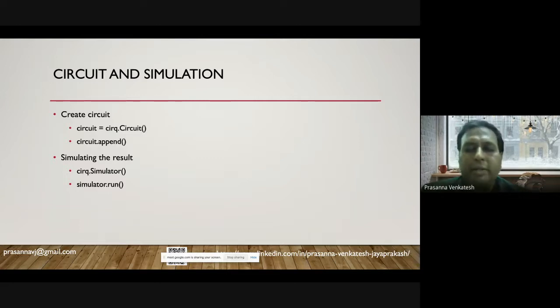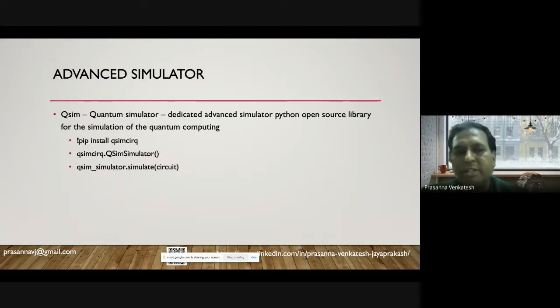The circuit can be executed either on a simulator, similar to your mobile application development, or on a real quantum computer. By default, Cirq provides a simulator, circ.simulator, that enables you to run your circuits. That we will see shortly.